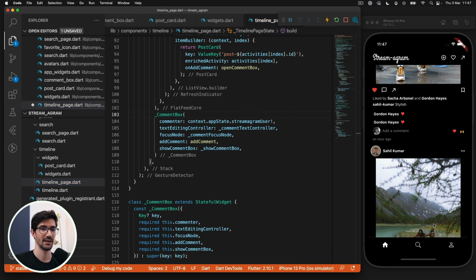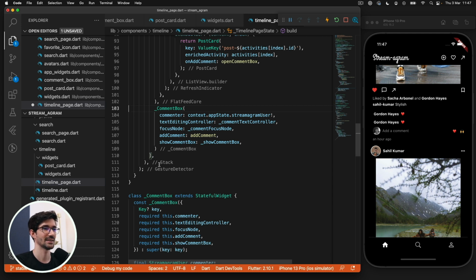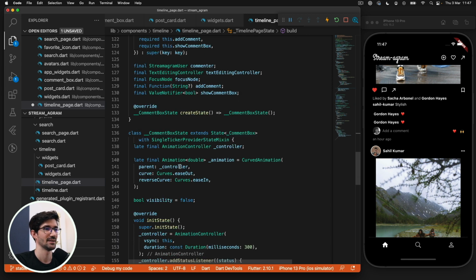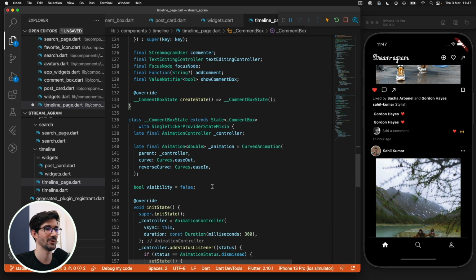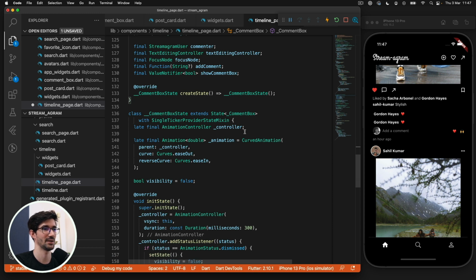But the problem is that would have still actually rendered it on screen. Flutter would still have gone through the process of building all of those widgets. It's technically, at a scale level, painting it and then hiding it with the opacity. Flutter is not smart enough to know that you set it to 0, so it shouldn't go through those processes by itself. So that's what we're doing in this comment box, and why we're doing an explicit animation,